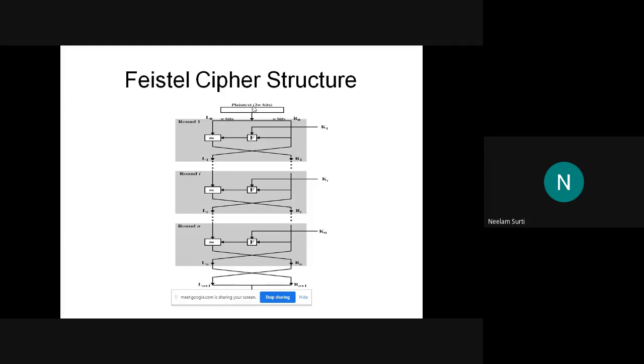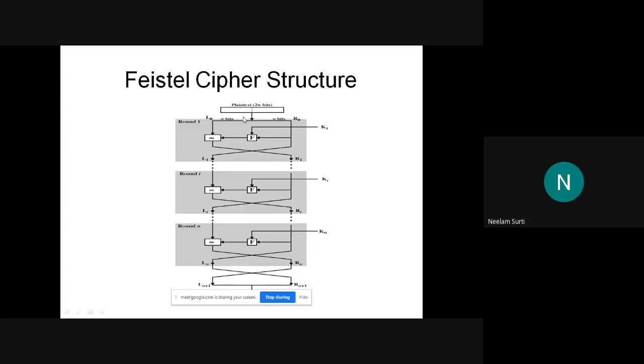So if the plain text is 128-bit, then I'm dividing the plain text into two halves, 64-bit and 64-bit. But we are concentrating currently on the DES algorithm. In the case of the DES algorithm, the plain text is 64-bit. So when you have the plain text of 64-bit, this 64-bit is again divided into two halves, which is